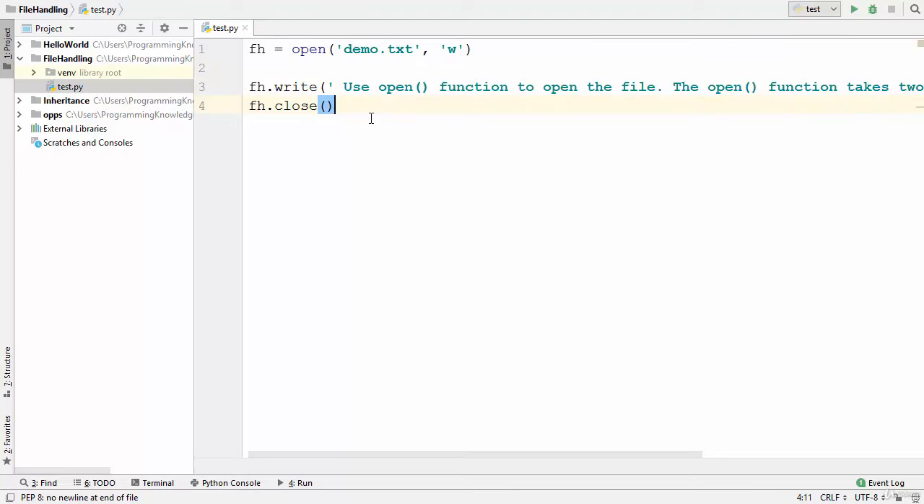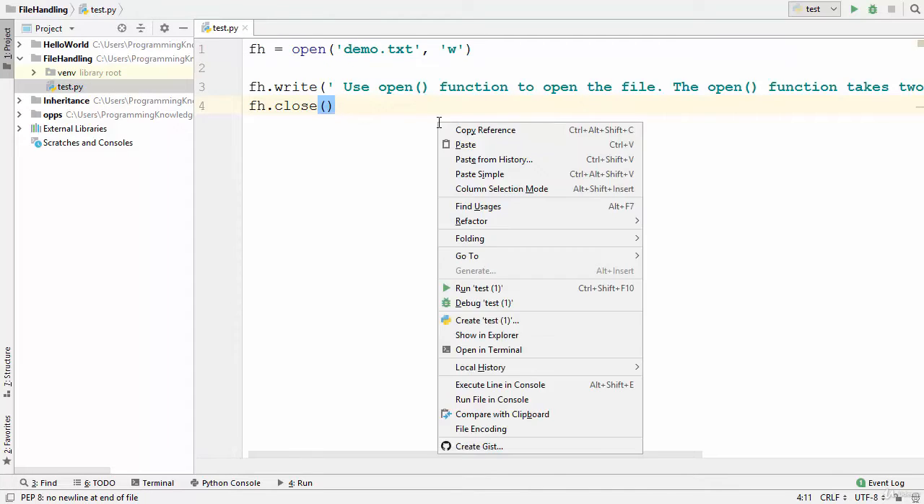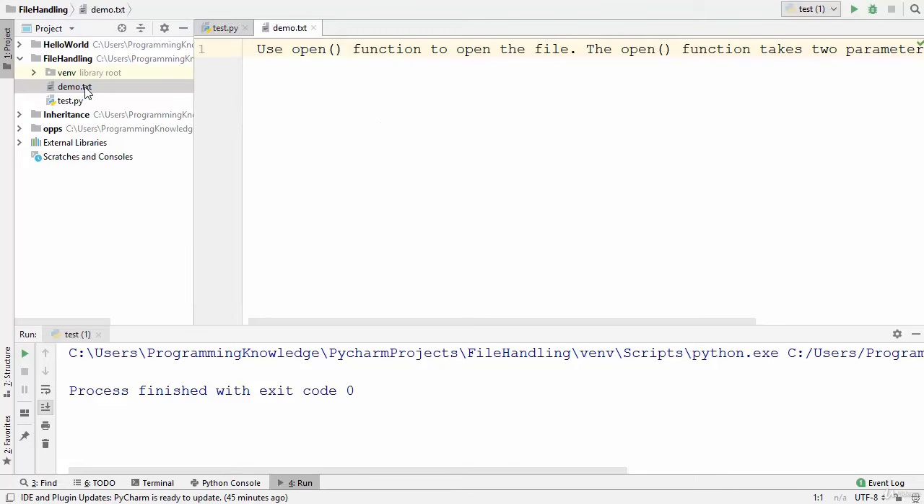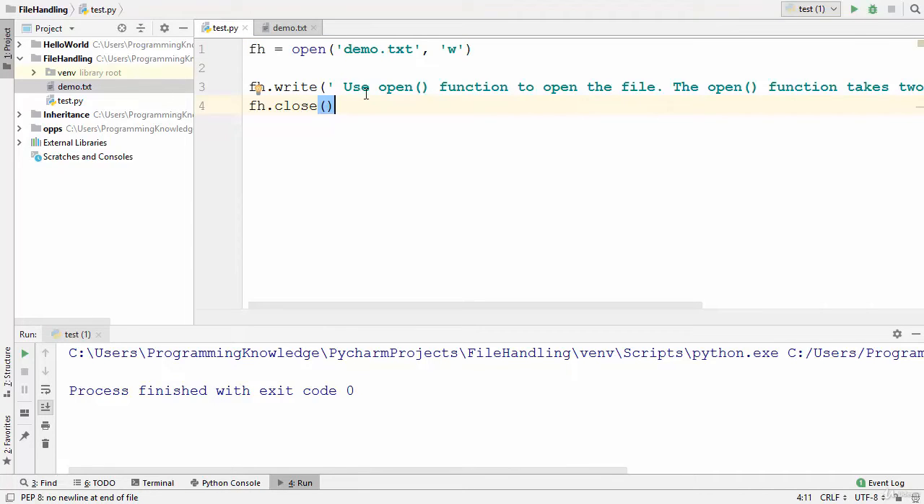So let me run this code, and you keep an eye on this project because this file will be created inside this project. I'm going to right click and then run this test file, and you will see as soon as I run it, there is one more file created here which is demo.txt, and when I click on this file, you can see the same text appears here which we have written using the write function. Now if you want to provide line breaks, you can provide them using \n,